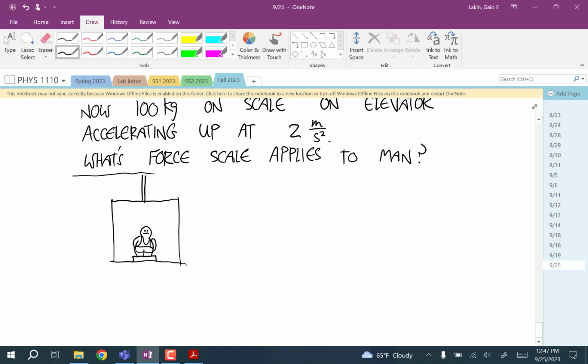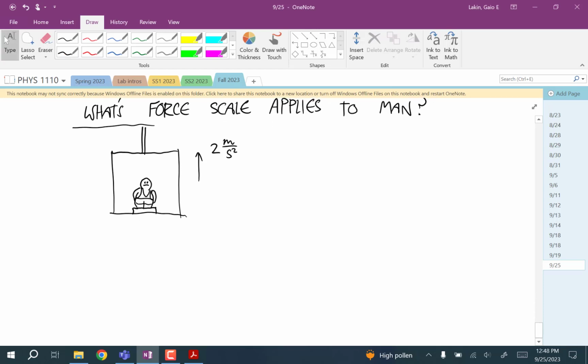And everything on here is accelerating upwards at 2 meters per second squared. Okay? Well, what forces are acting on the man? There's the weight, and then there's the scale pushing on him. And nothing else is touching him, so we know those are the only two forces. Okay, so F net